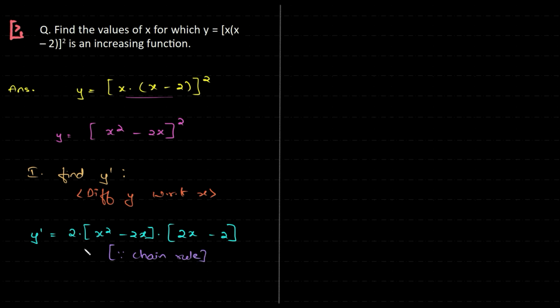Now the question is, I need to factorize it. So what can I do over here? Well, if I look at the terms carefully, subterms, I have x common over here and 2 common over here. And so we end up with factorized y prime. So y prime is equal to, if I take 2 common here, 2 into 2 is 4, and x minus 2 and x minus 1,